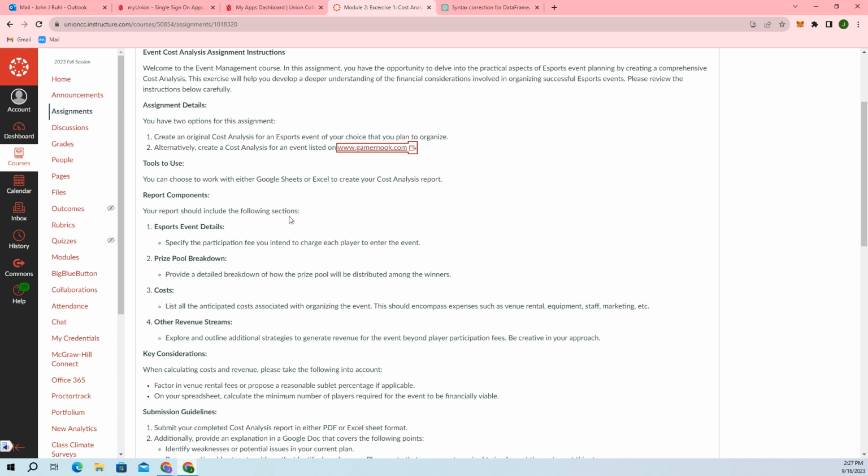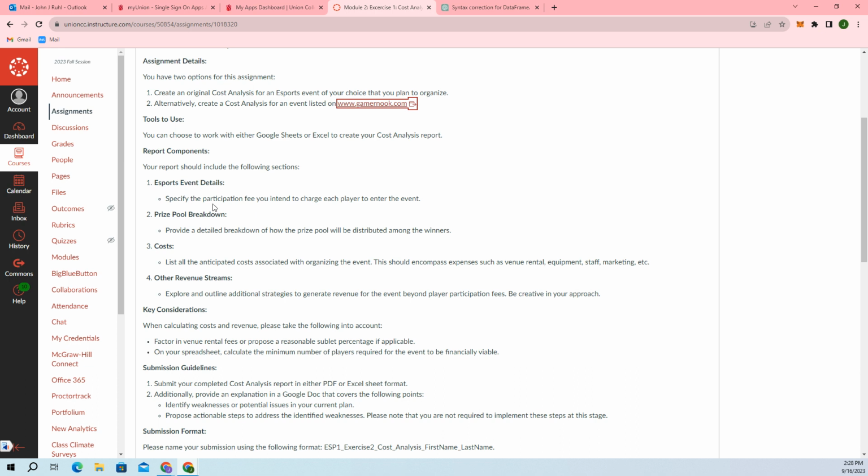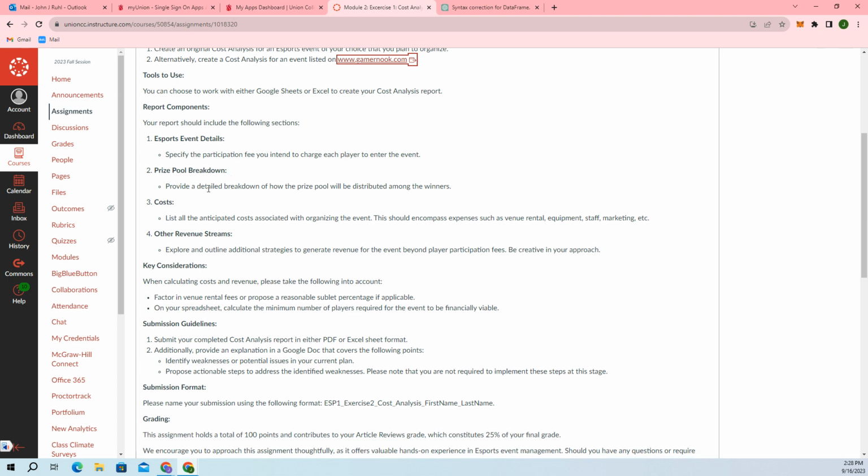Your report should include the following sections: esports event details, specify the participation fee you intend to charge. What are you charging at the door? Prize pool breakdown, provide a detailed breakdown of how the prize pool will be distributed amongst the winners. We don't have to worry about laws about distributing money, this is just an exercise. Don't worry about it. But we are still thinking about making it realistic,